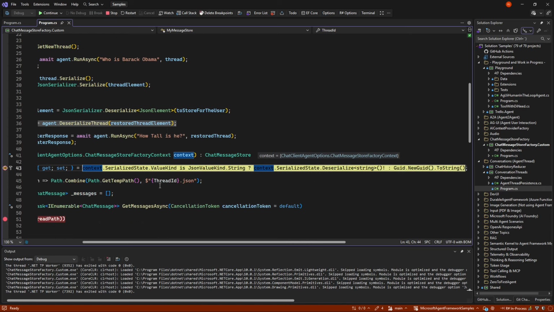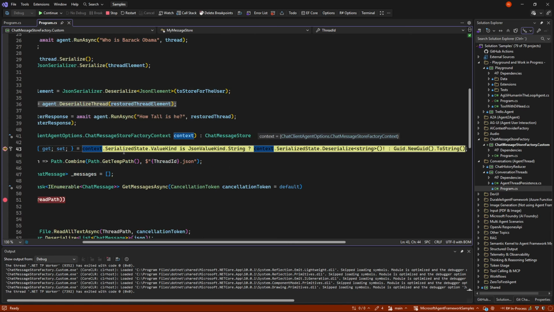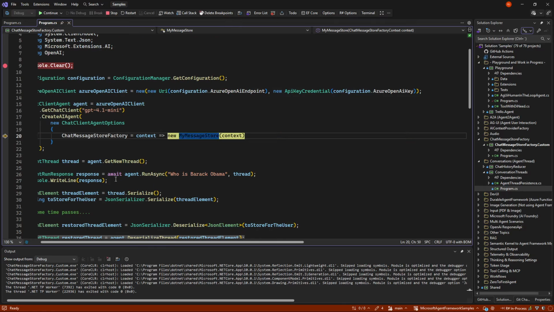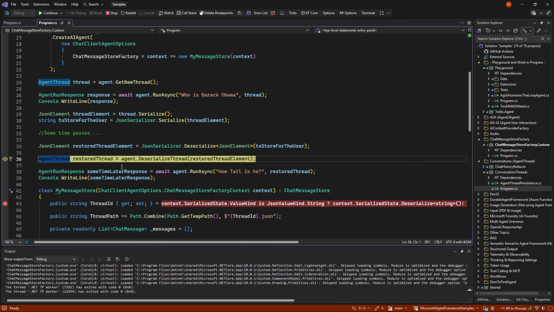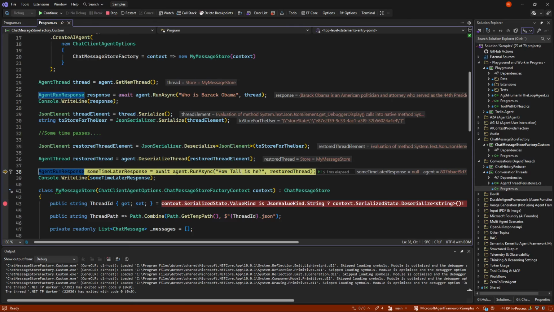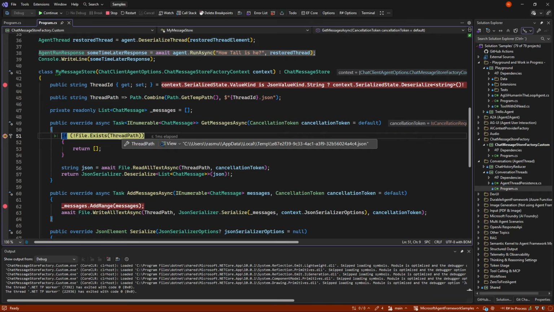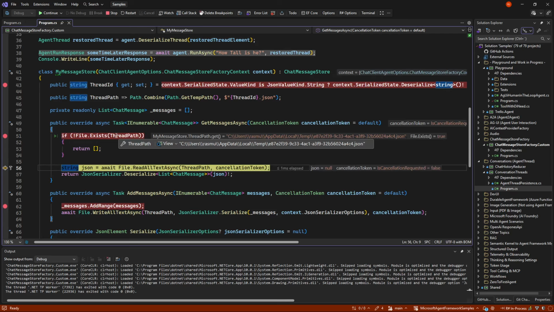And if we do that, we again hit our message store. And in this case, the serialized state is our ID. So for that reason, we can now rehydrate the thread ID, which then gets the thread path. And whenever we hit this and ask our follow-up question, how tall is he, with the restored thread, we will again hit get messages, but now we know we already have information about that thread.